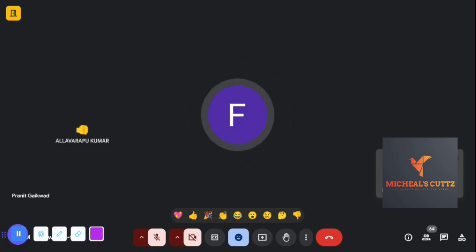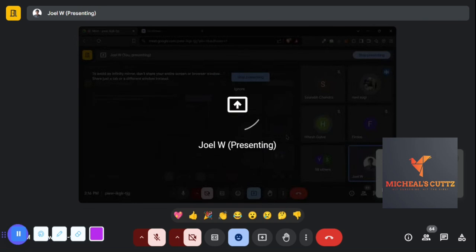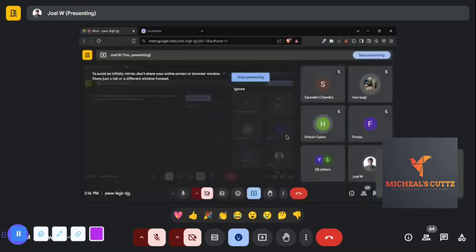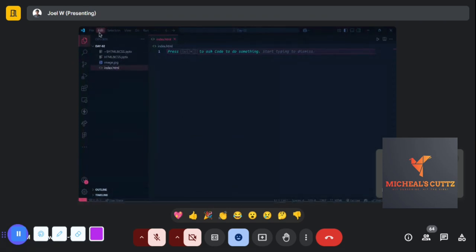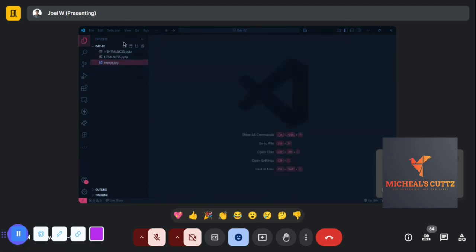Yes, sir. I'm not seeing any text, any file. Just go to the top left. Once you open your folder, you have to first open your folder. Then what you have to do is just go and click that